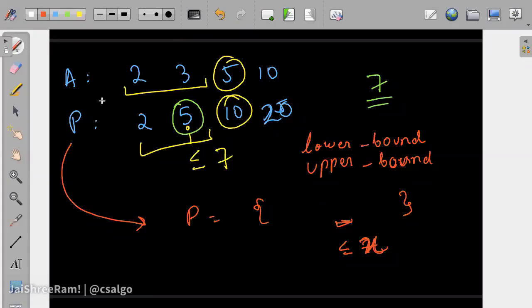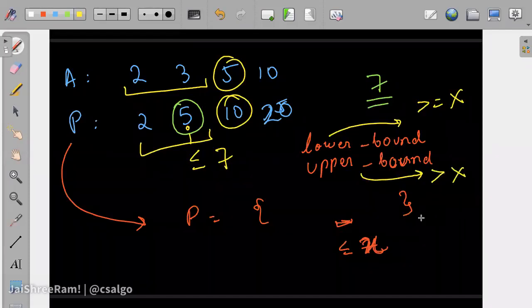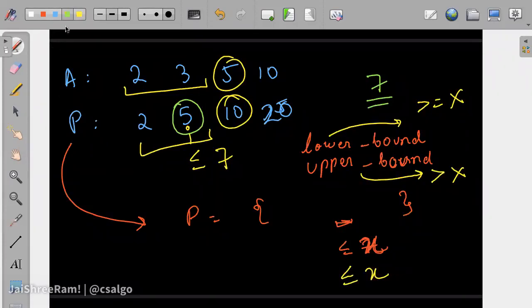Now let me be very clear with what these mean. Lower bound finds the first element which is greater than or equal to some particular value x. Upper bound finds the first element in the array which is greater than x. We want the last element which is less than or equal to x, so we use upper bound.